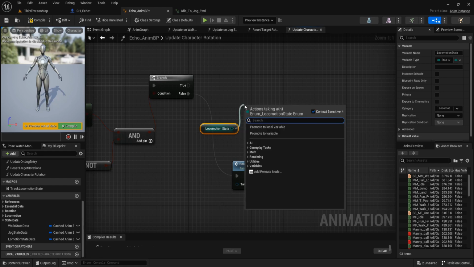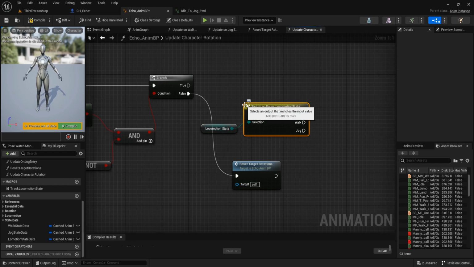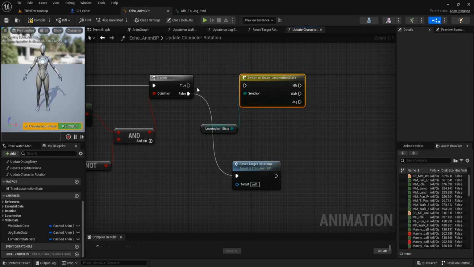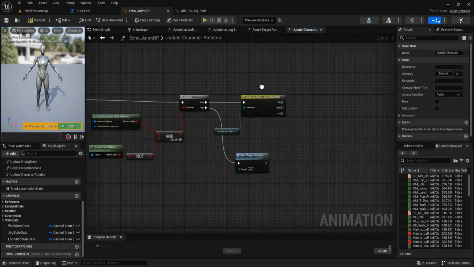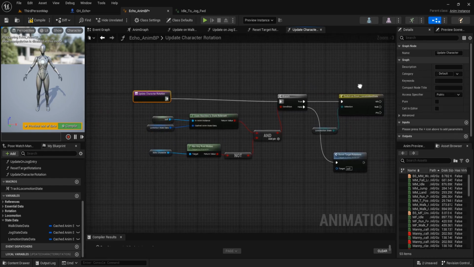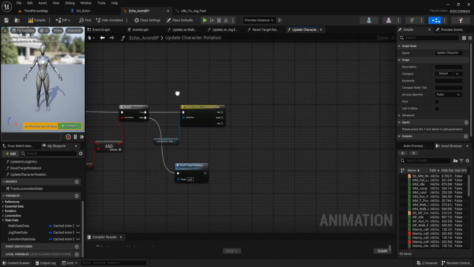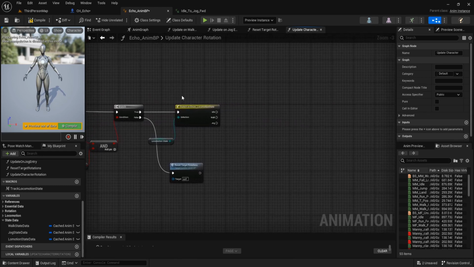And then call switch on enum locomotion state. This function, we want to rotate the character when it starts walking or starts jogging, and when the character is walking and jogging.